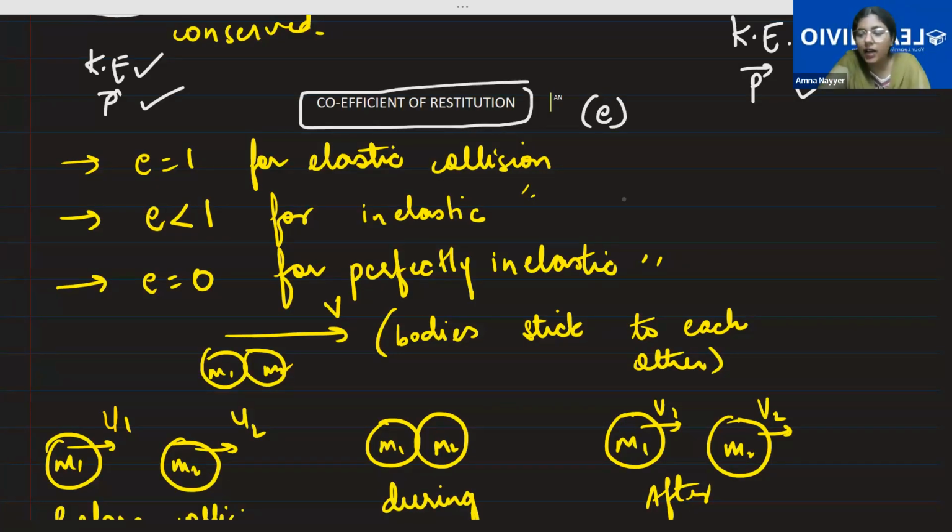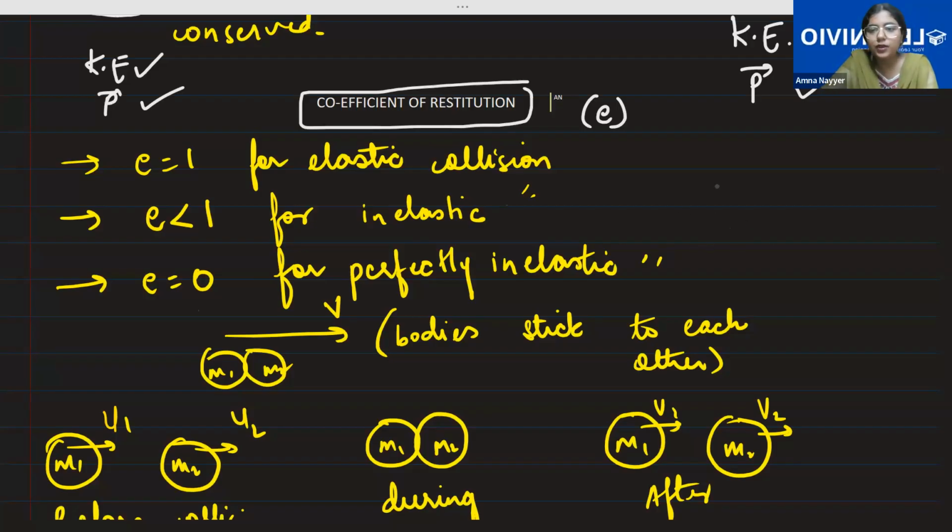Whenever the value is less than 1, like 0.something, or a negative value, that depicts an inelastic collision. Now, when you get the value of e as 0, that means a perfectly inelastic collision, which is there in your syllabus. Now, perfectly inelastic means,